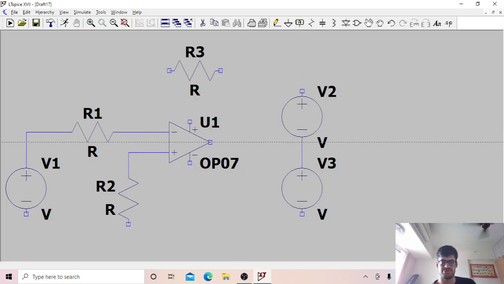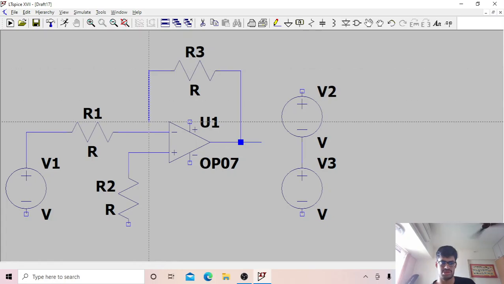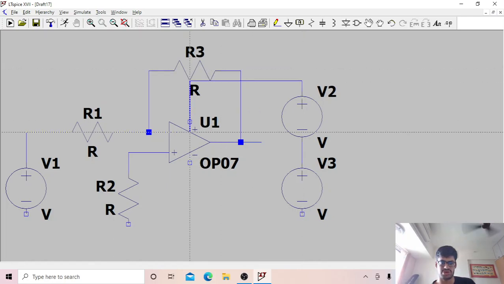We want a V out terminal, so we check V out here, and then we want a feedback path from V out, so we join the feedback terminal to V out and also to the R1 terminal. We also connect V2 and V3 to the supply terminals.